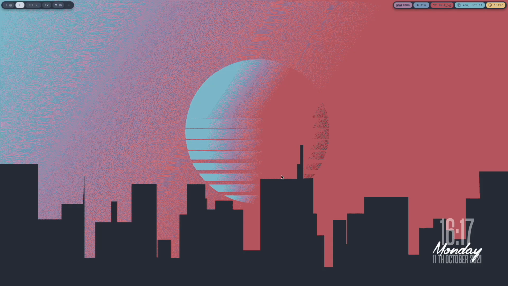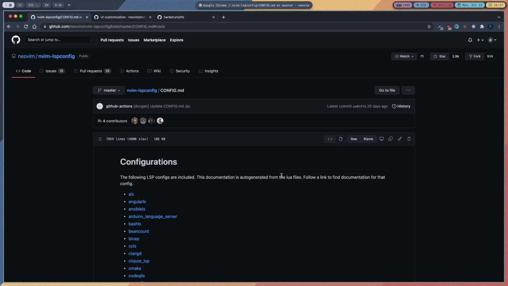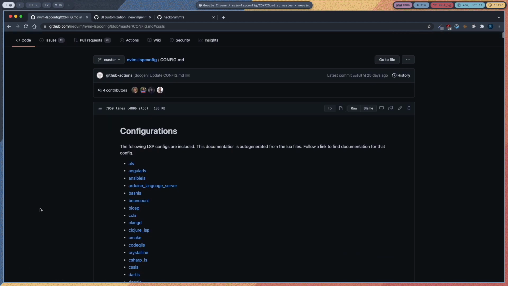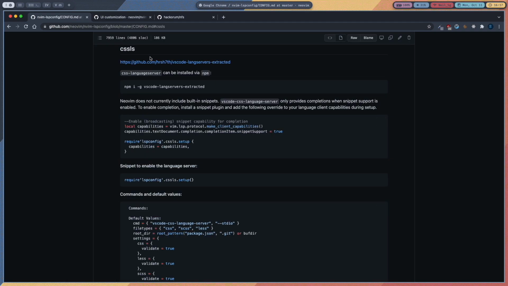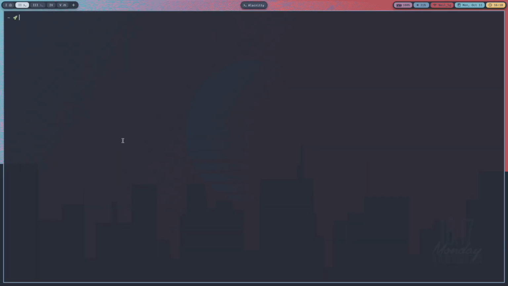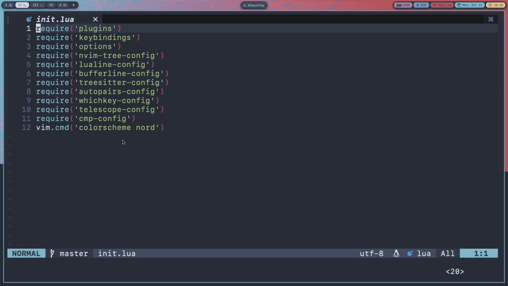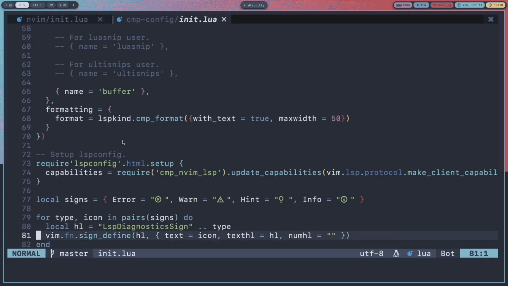In this video, I will show you how you can set up some language servers with nvim lsp config. To get started, let's set up CSS ls, and if you followed the last video, then you already have this language server installed, and you only need to copy this part and then open your terminal, go to your nvim folder and then open your cmp-config.